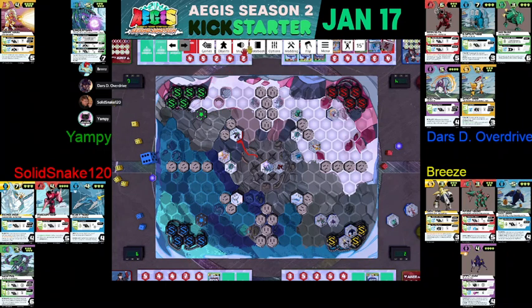I will re-roll that 1 with my commander ability. Okay. So get him out of here. 2, 3. Where can I stick this to ruin Dars's day? That is the question. I swear, if you put that thing anywhere near me, I'm going to shove it into your Endergon. That'd be really good. Yeah, right there. I have 1 more space, so...